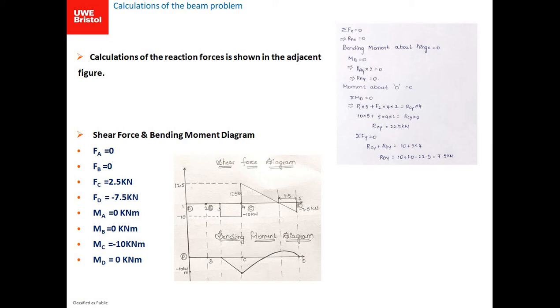And later, of course, in order to develop the shear force diagram for this, we can easily use these reaction forces as well as the imposed forces acting on that beam in order to find the shear force. So we can consider that up to A there will be no force acting, and as we discussed up to B there will be no force acting, and between B and C there will be a force acting in the downward direction. So we can find out those values, and then at the particular point C there will be a starting